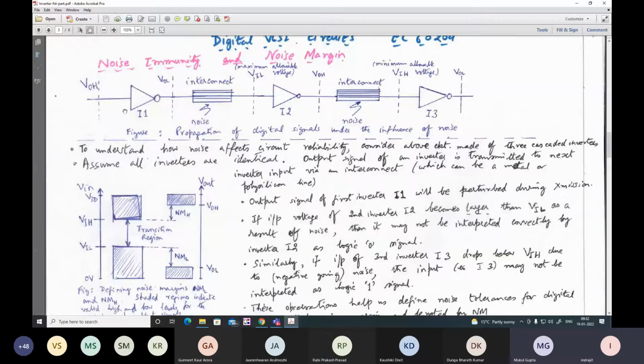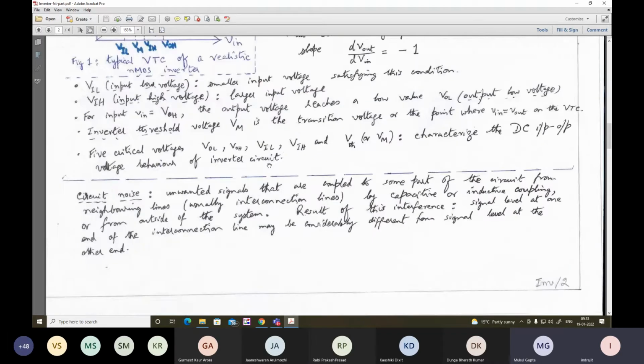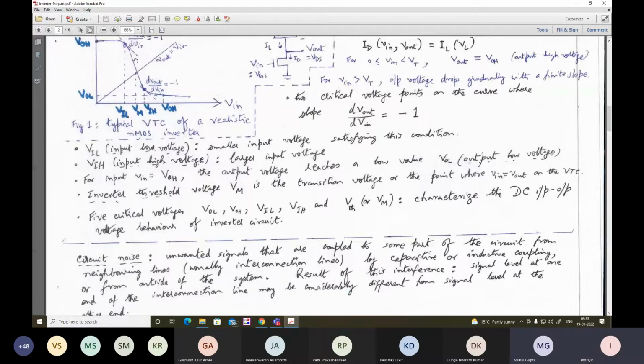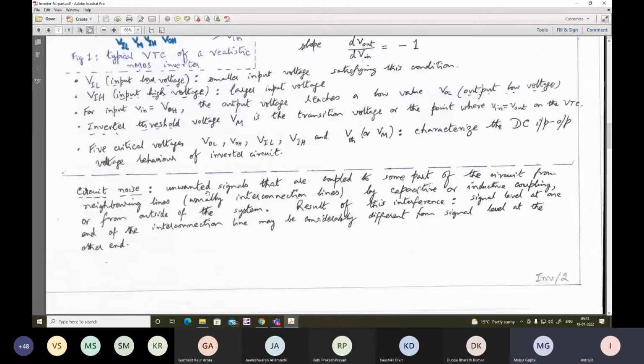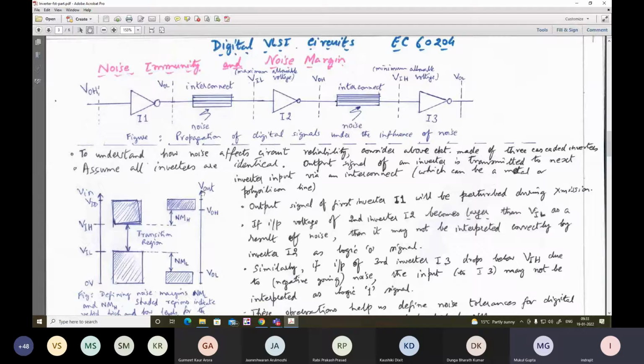So here, for example, at the input of an inverter, if you apply VOH, at the output you get VOL. Now, as it passes through an interconnect, some positive going noise can affect it, so that before appearing at the input, it has got some positive increase. But that increase will be tolerated provided it does not go beyond VIL. If it goes beyond VIL, there is a sharp curve, and it starts falling very drastically, so the actual voltage level will be difficult for us to perceive or also to measure.